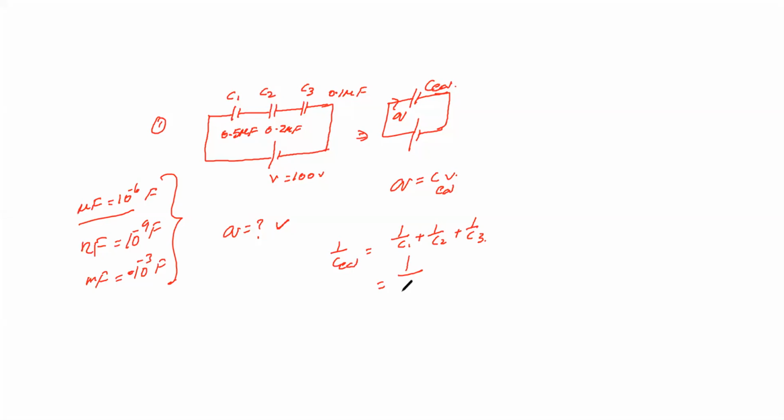So the relation is 1 by 0.5 plus 1 by 0.2 plus 1 by 0.1. So try to find the C equivalent for this. And after that, try to find this Q. Q is equal to C equivalent into voltage. Try to find ma. Do it. Just a simple relation. Then you have the power terms convert pannalam. Illana direct you can do the LCM part. Do it. Do it slowly.